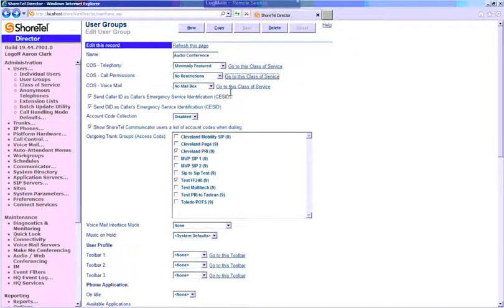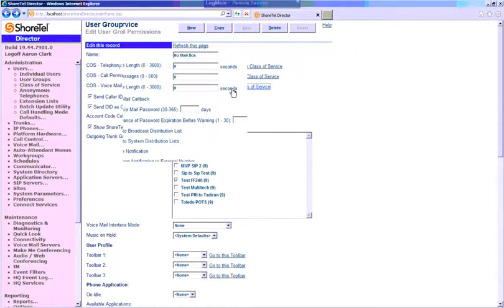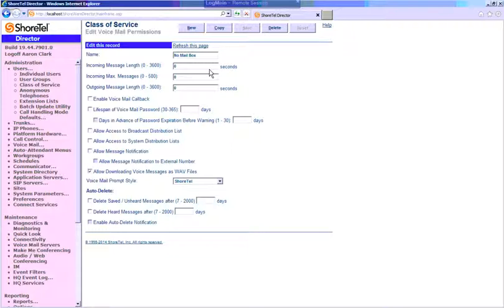And then lastly, the voicemail class of service, and voicemail is defining how long the incoming and outgoing message length is, how many max messages they can have in their inbox, and some other customizable options specifically in regards to voicemail. You can set a lifespan of voicemail password, so